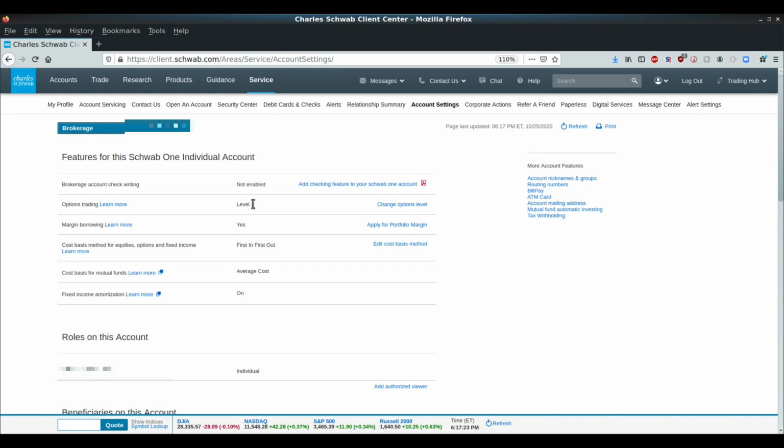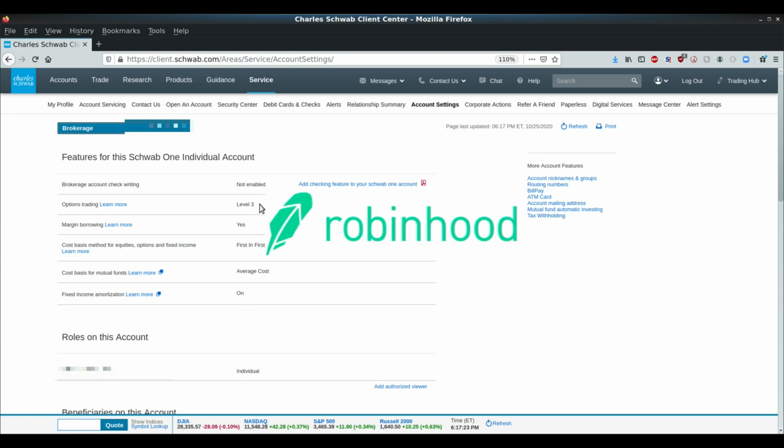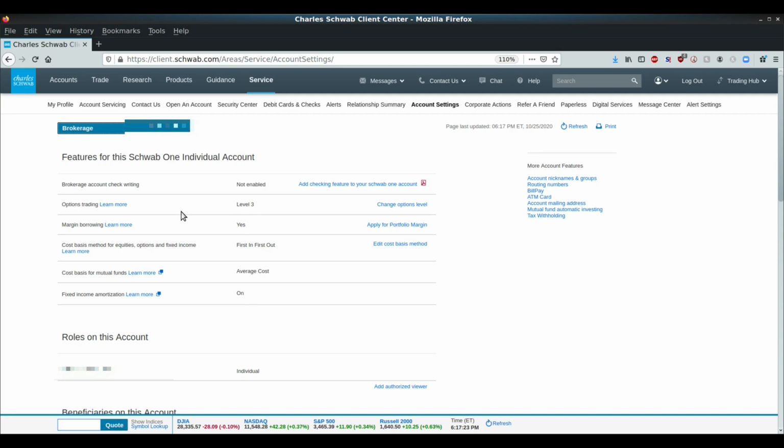All right, so if you don't have options level 3 or you don't even have options enabled at all, then you're going to have to apply for that, and they're going to ask you questions: your net worth, how much money you make, how many years of experience you have with options and all that. And if you don't have any options experience, I don't know what to tell you. You're going to need to either research something, or get another account that has an easy apply, like Robinhood, I think, gives it away for free. It's easy to get, but all the bigger institutions don't just give options trading away. At the very minimum, what they might give you is options level 0.